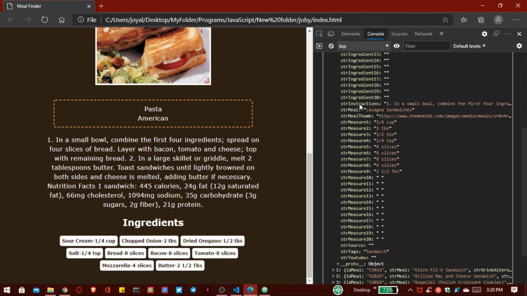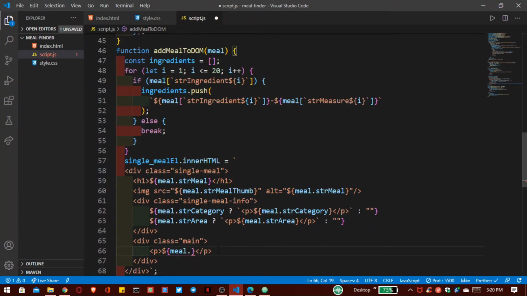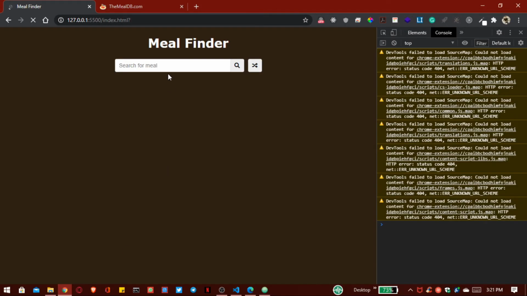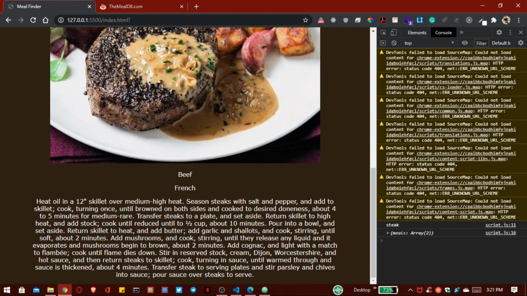You can see here the instructions come with this str instruction object. So now save this, and you can see here we also get our instructions.